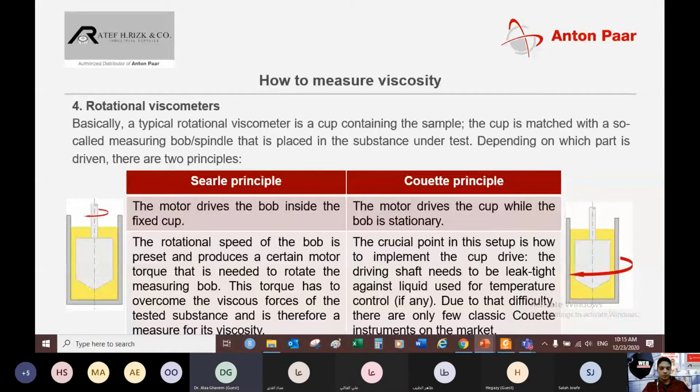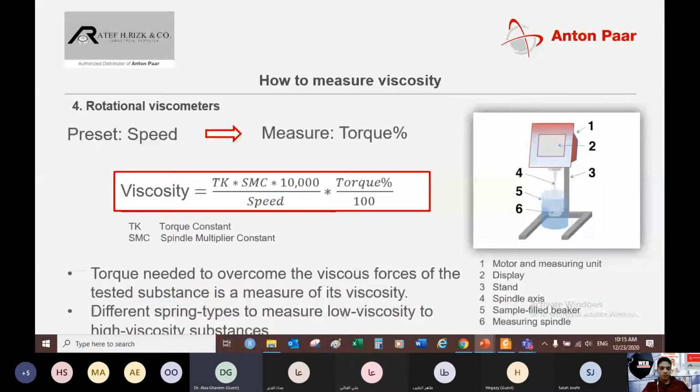In the rotational viscometer, there are some properties like torque and the speed of the spindle, and the type of the fluid itself. If it is high viscosity,